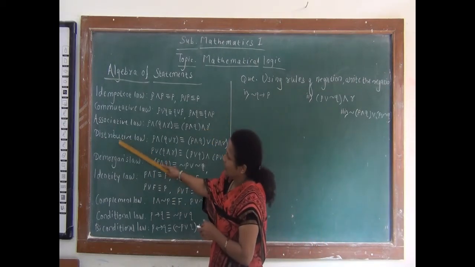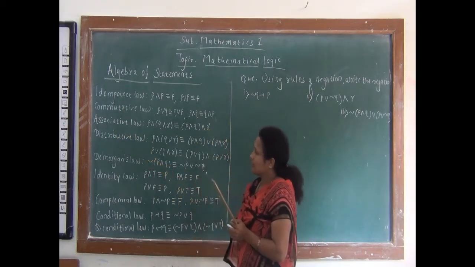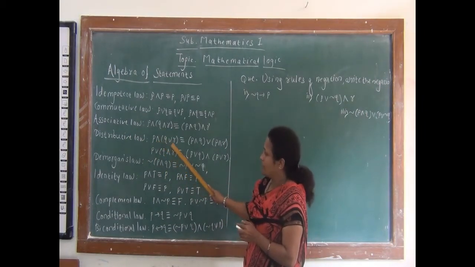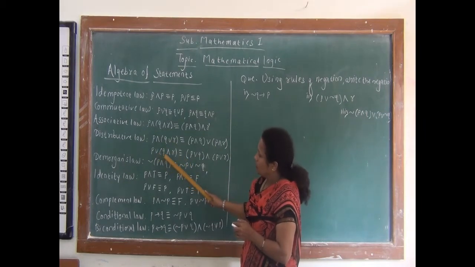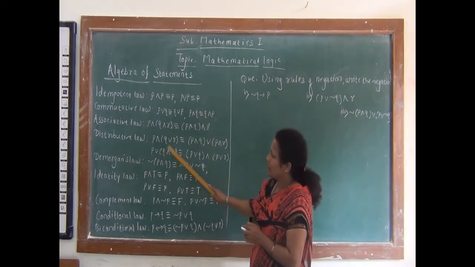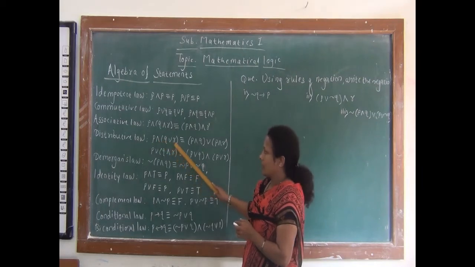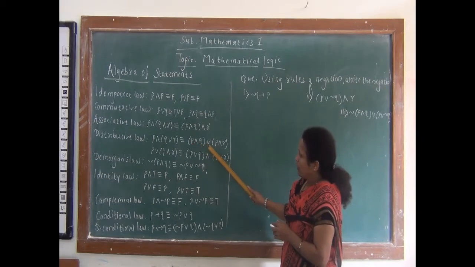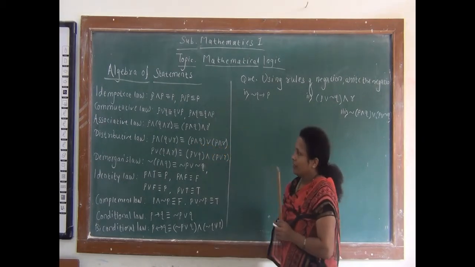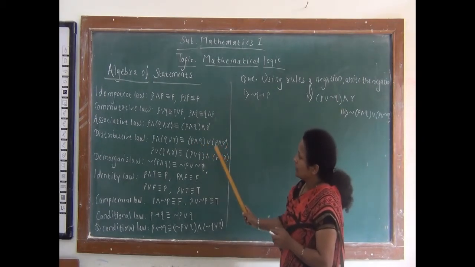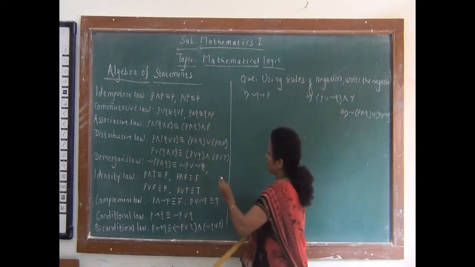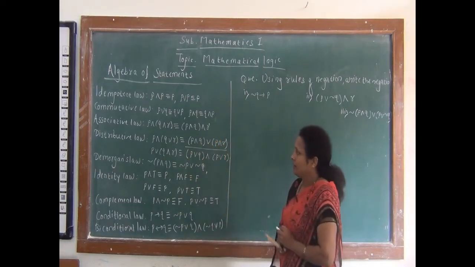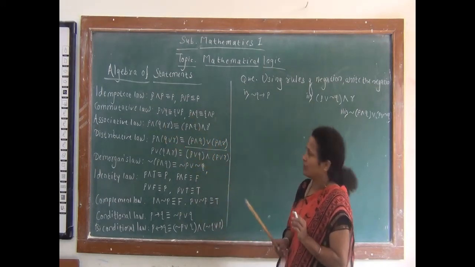Then the next law is important for our examples, that is distributive law. Here we want to distribute this and over or, and this or over and. So remember this law, P and (Q or R) is equivalent to (P and Q) or (P and R). You have to apply this law from the RHS side also. So if we are given this RHS, that is (P and Q) or (P and R), then to write this LHS, first we observe our RHS.